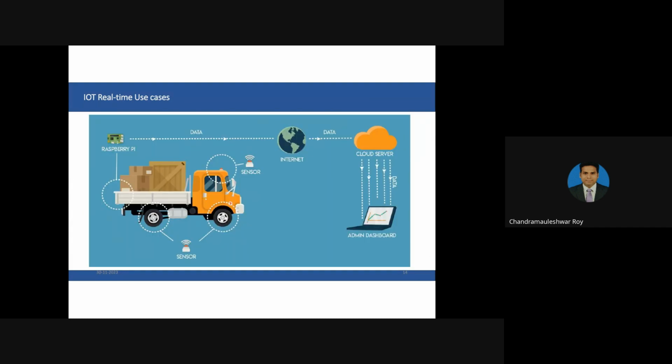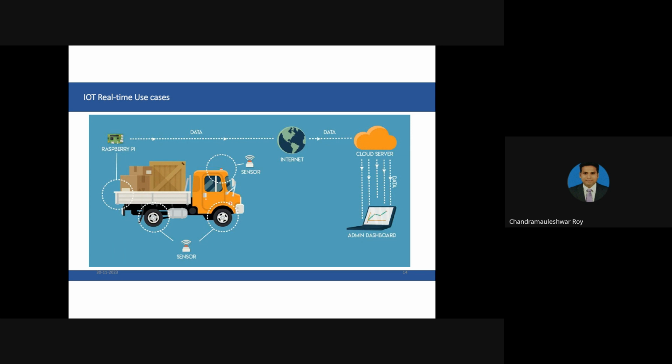Already I discussed this, one truck is there. So here, different sensors can be connected. If you connect one sensor in the wheel, you can also measure speed. About the health of the tire also you can measure. About the driver also you can measure. So near in front of the driver, a sensor will be connected. Backside, every sensor will connect to the Raspberry Pi through the networking.